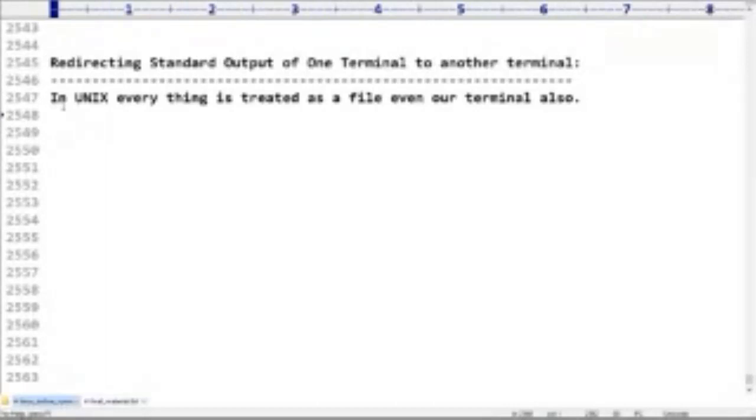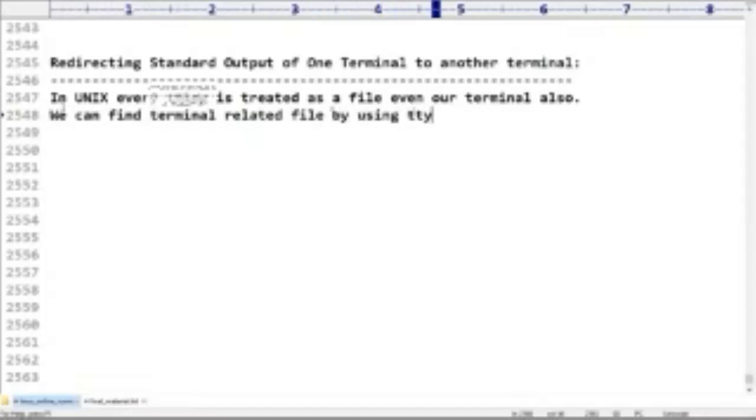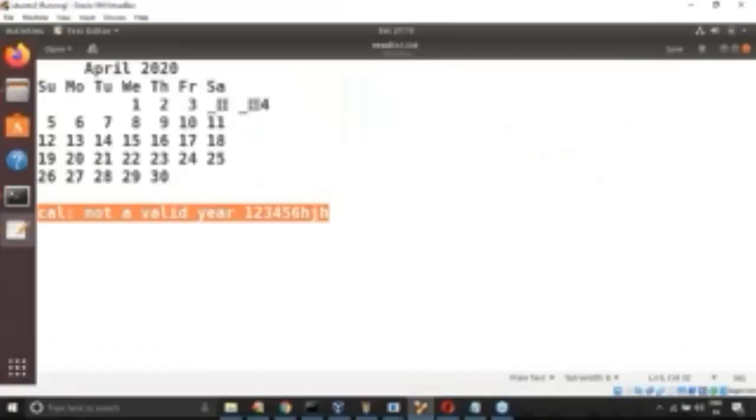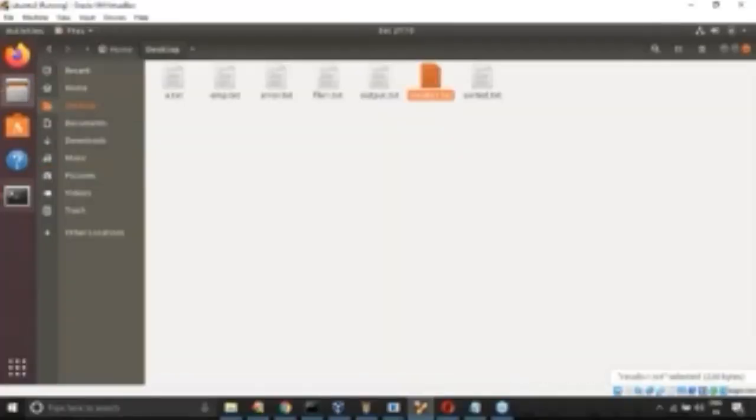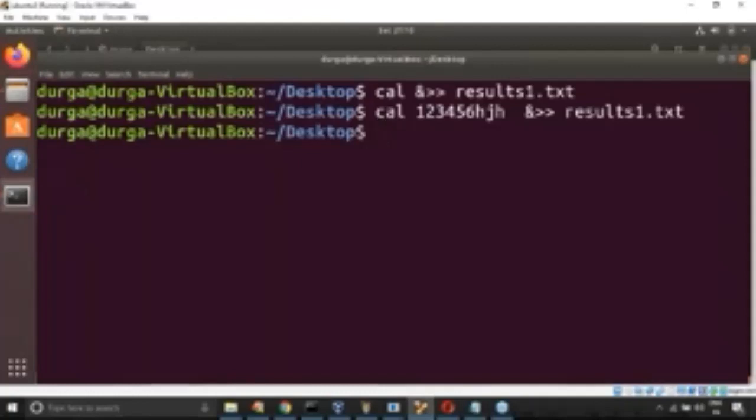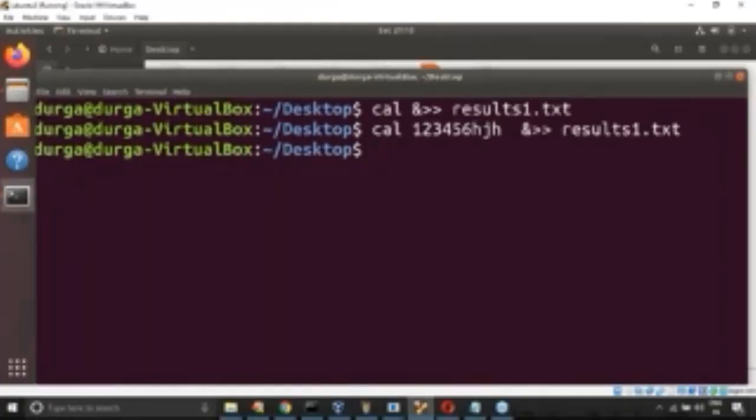So we can find the terminal related file by using the tty command. Have you remembered that in the last session we covered that we can find the terminal related file by using the tty command? Assume that here, let me close this file, this terminal is already my main terminal.